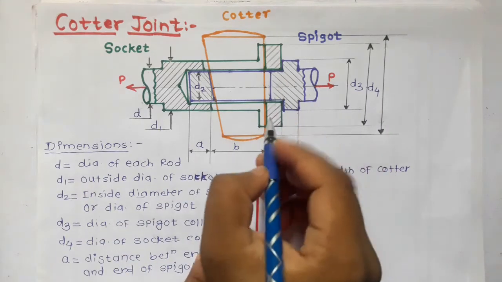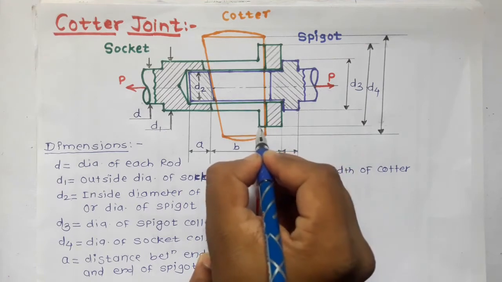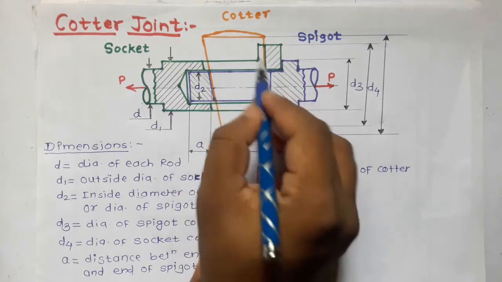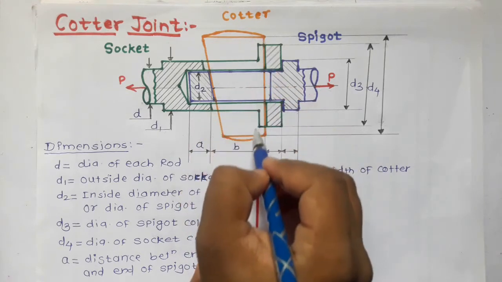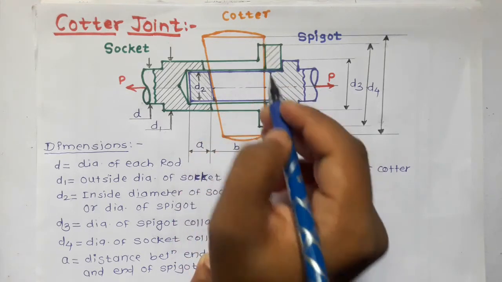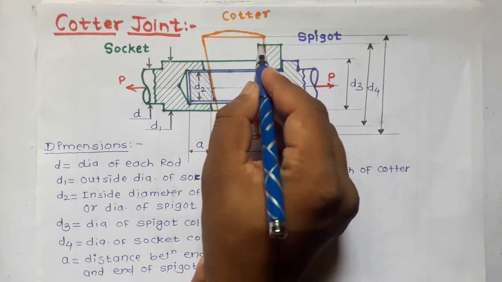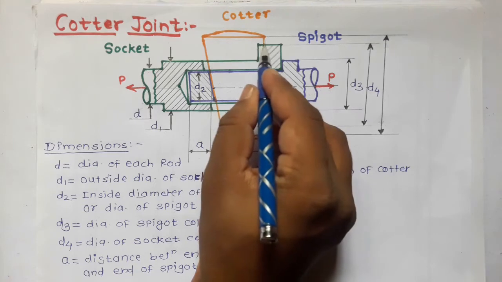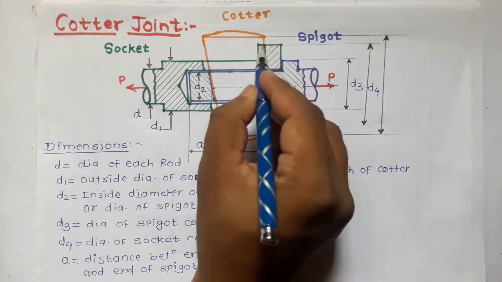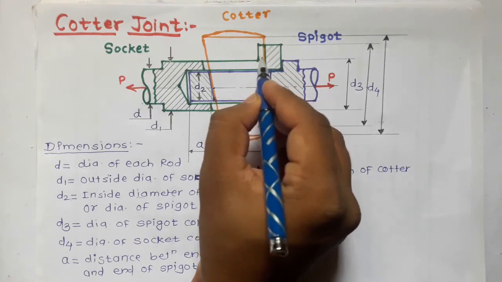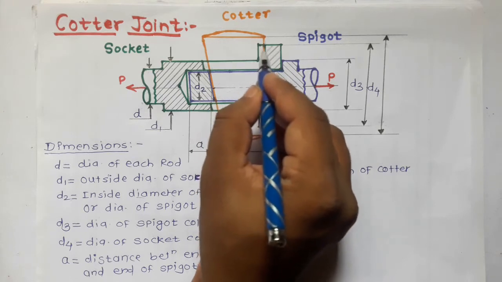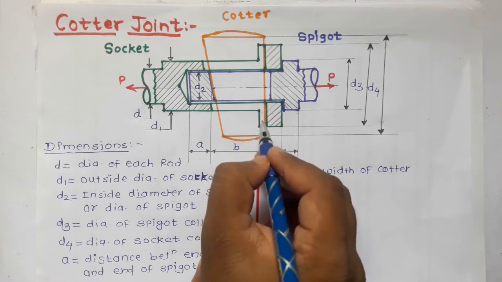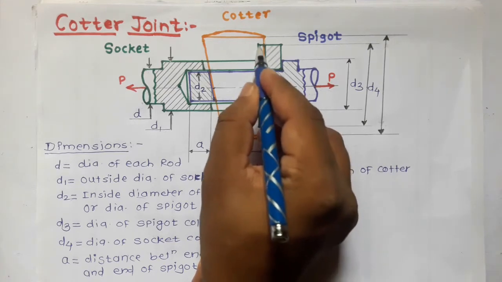Next dimension is for socket. If you look at this diagram, this is the collar in the socket and it has certain thickness. But if you look at this total joint, this quarter is inserted into the slot of socket and spigot. That means the slot is present in this socket collar also, and that's why this portion indicates the presence of this slot in the socket collar. As hatching is not there, that means the slot is present in the socket collar also.